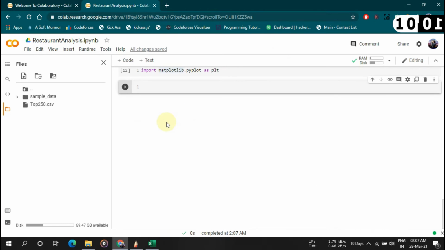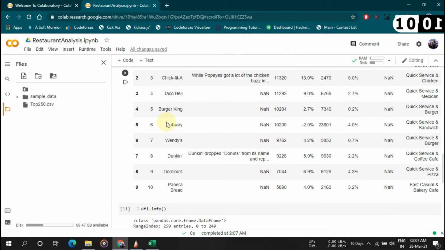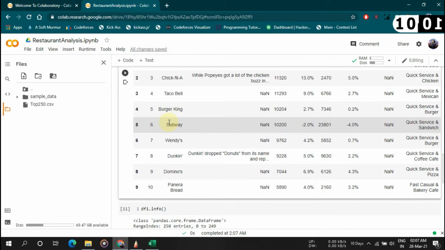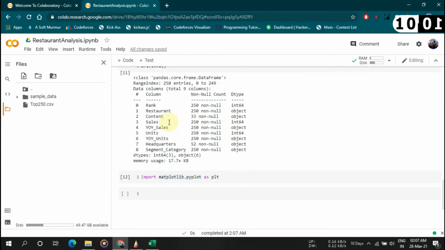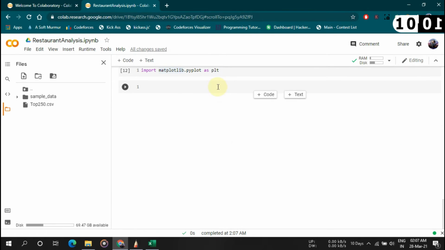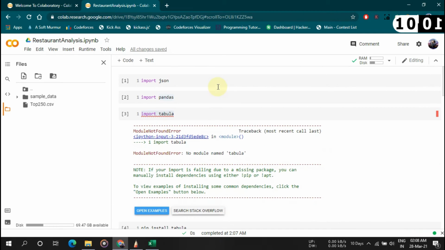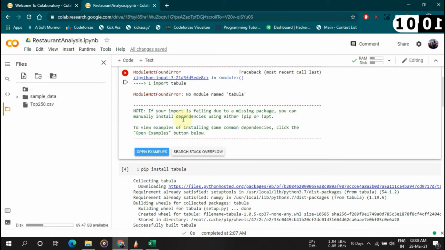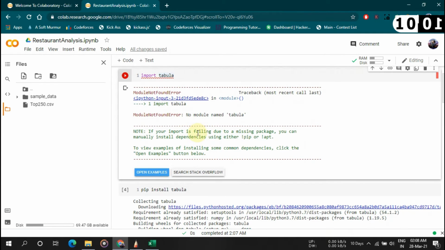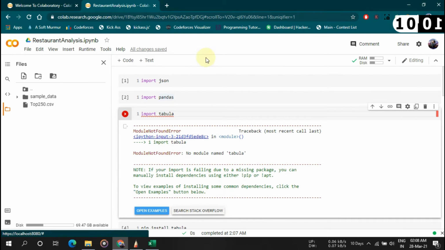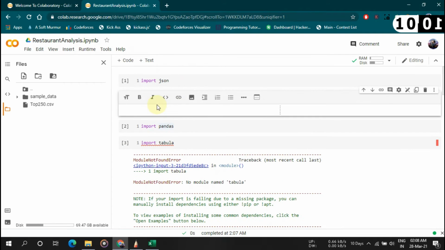Google Colab is mainly used for data science and analysis tools. You don't have to use it for simple coding. You can use Jupyter Notebook for that, which I already covered in my previous video. But if you want to create a very big model, you can use Colab. I'm not doing the analysis because it will take much time and I have to cover only how it works. If I keep working on this data, it may take an hour or two, so I am not going through all of it. I was just showing how it works, and I have used only code here. But you can also use text here. So let me show you how you can use that.